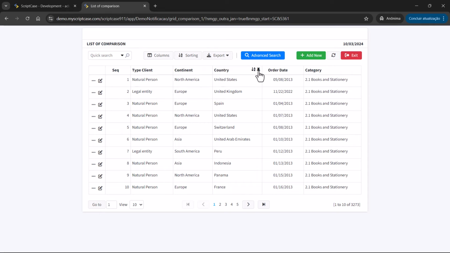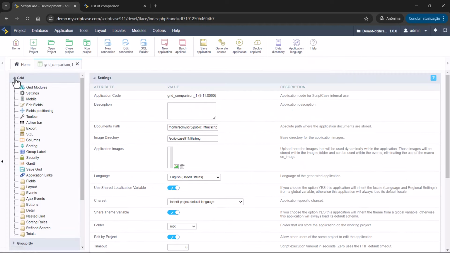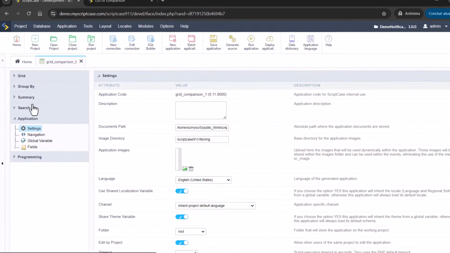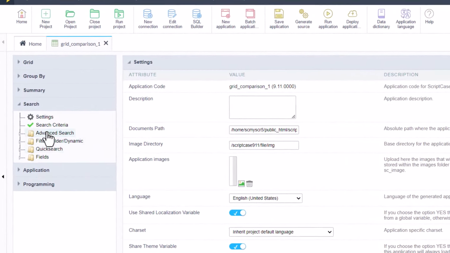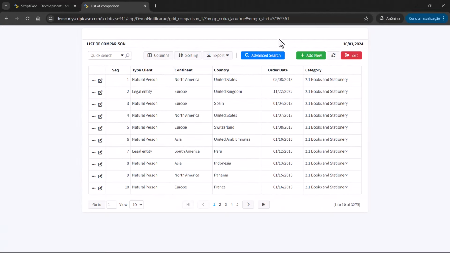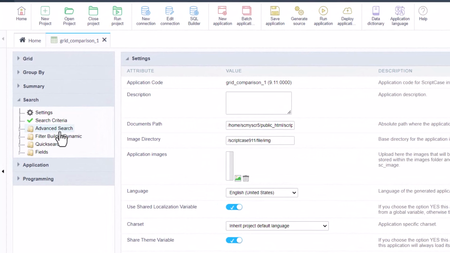So if you want to enable the filter builder, you will use here the search area. I will close here the grid, and then we have the search area. And then here you have the advanced search, which is this one here that you can use as a modal of the grid, etc. Then you have the filter builder and the dynamic filter, which is the one we already have.